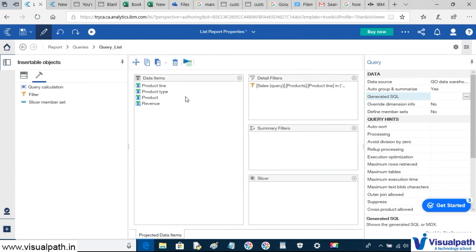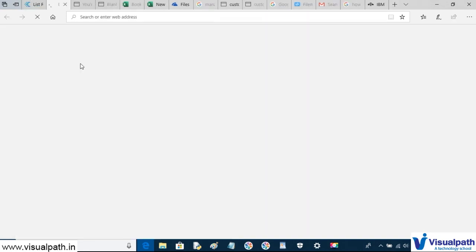Now execute this report. It's better to execute this report in PDF, so just run PDF.